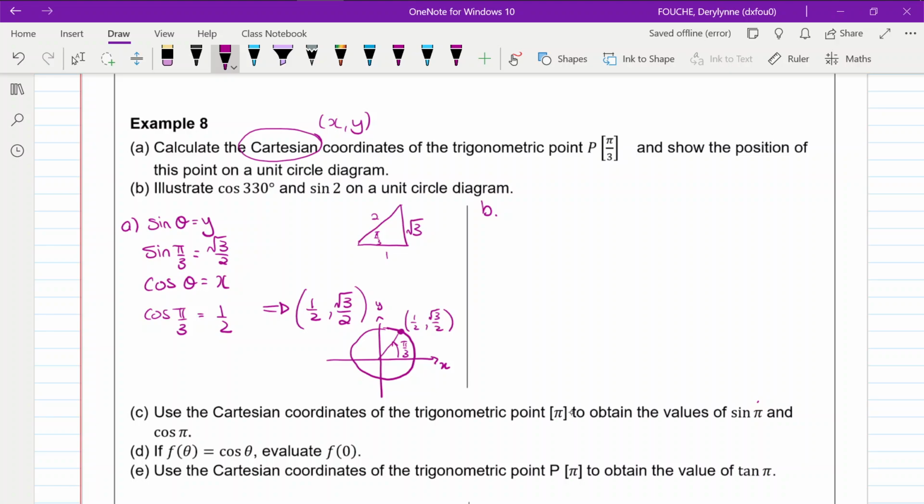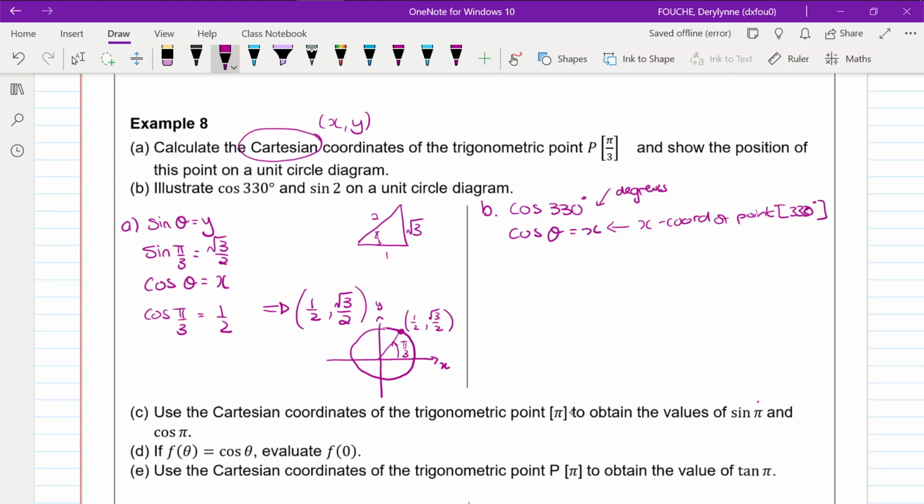Alright, so cos of 330 degrees, remember it's in degrees, and cos of theta gives me my x coordinates. So that's going to be the x coordinate of the point at 330